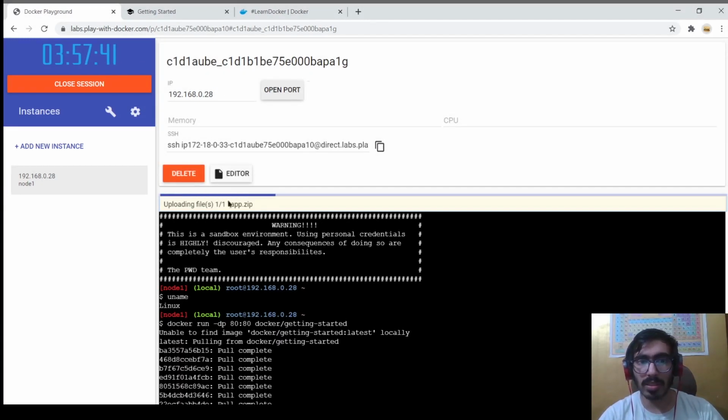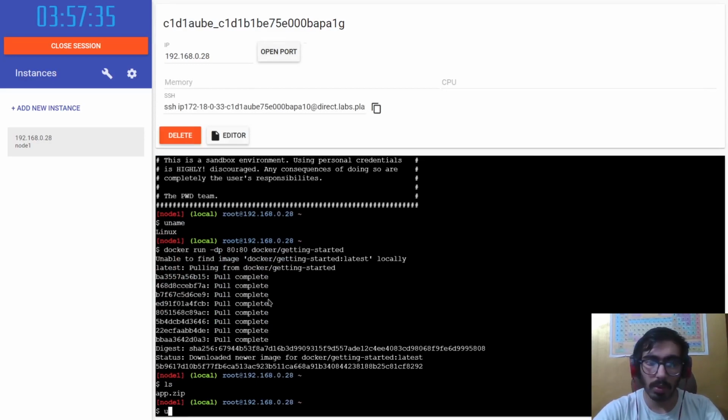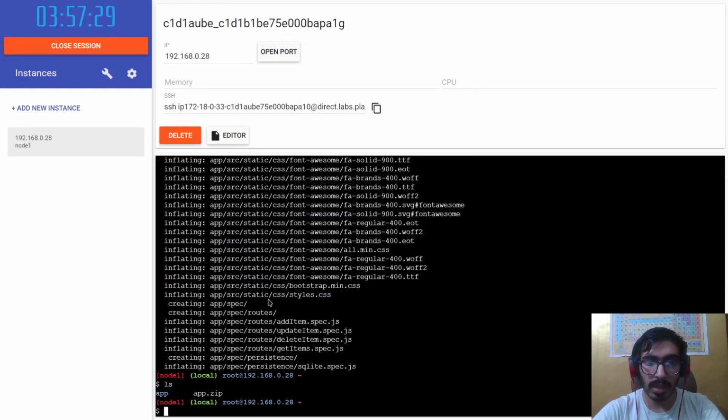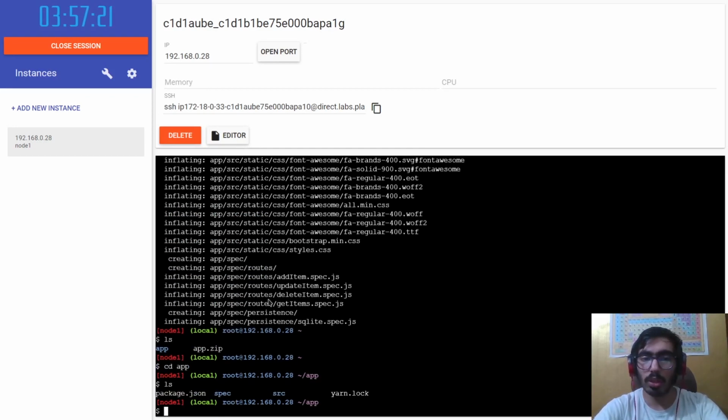And as you can see, it'll say uploading file. Now that the file is uploaded, we can run ls. And here's the file. We can unzip the file, unzip app. And if we run ls again, we see the directory is there, app. Let me go to the directory, cd app, and now we can see all the files.